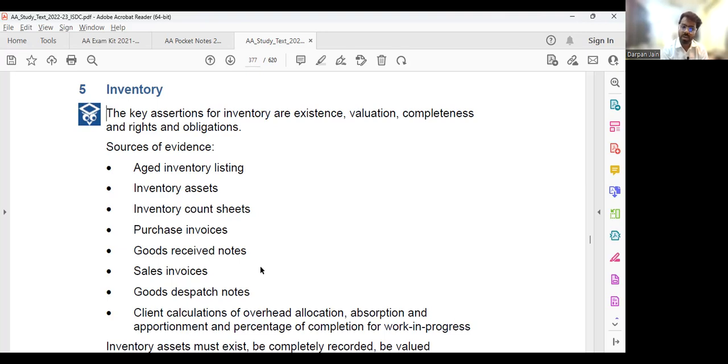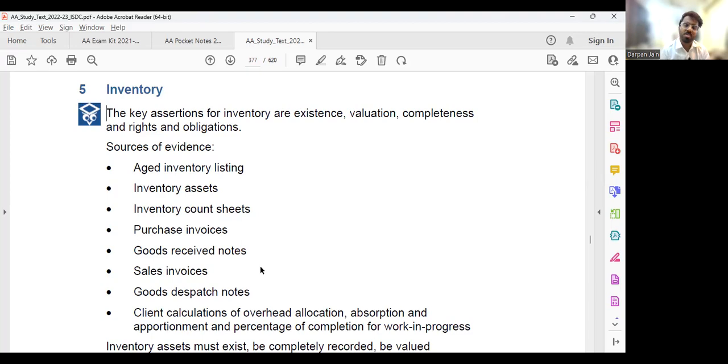Age of an inventory is what? Age of an inventory is nothing but the number of days the company is holding that inventory. That is the age of inventory. For example, if the company is a trading company, that means the company is purchasing finished goods and selling finished goods. From the date of purchase of finished goods, you will start your age till the finished goods are sold.